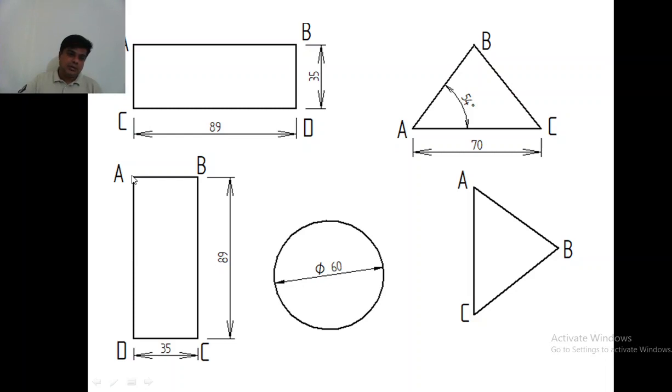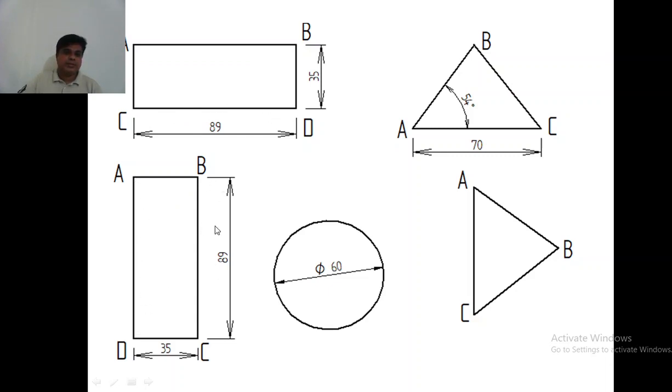So you can draw the longer edge vertical and the shorter edge horizontal. In this case, the longer edge is horizontal, the shorter side is vertical. So these two are the same, but the longer edge is horizontal here, and the longer edge is vertical here.